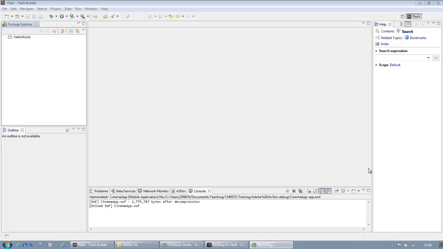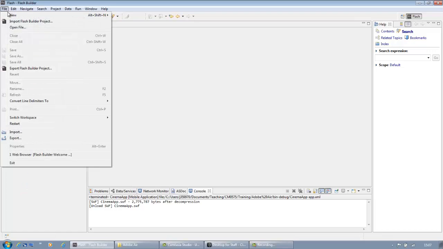In this video, we'll be looking at how to create a mobile application project using Flex. So first of all, you want to open up the development environment Flash Builder, and you'll be able to find that under the Adobe programs. So it's Flash Builder that you're looking for. And once you get that opened up,